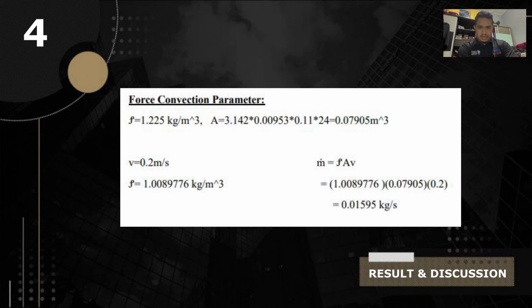For the example for the forced convection, we use rho 1.225 kilogram per meter cubed, and the area we use is the same, 0.07905 meter squared. And for V we use 0.2 meter per second, and then we get the mass flow rate